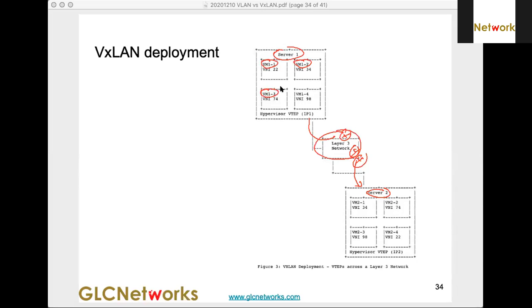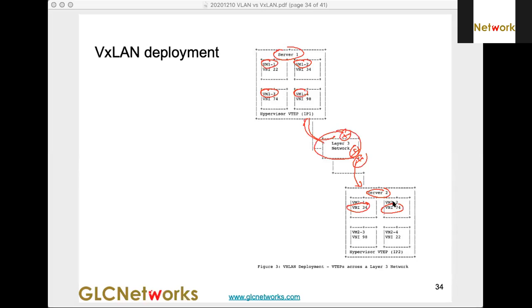It's like when you use AWS, Ali Cloud, whatever cloud, AWS, Azure, Google Cloud Platform. So they connect to here. So inside the server, they can assign VNI.